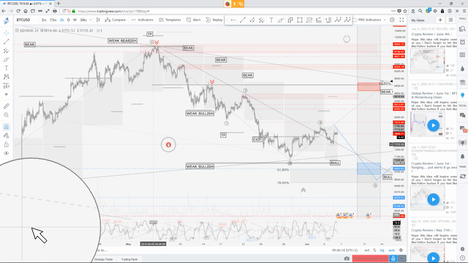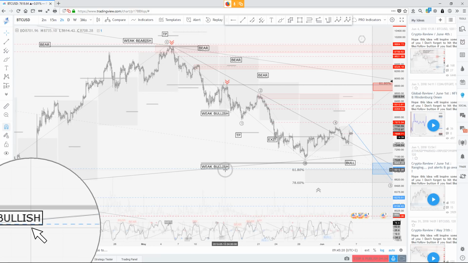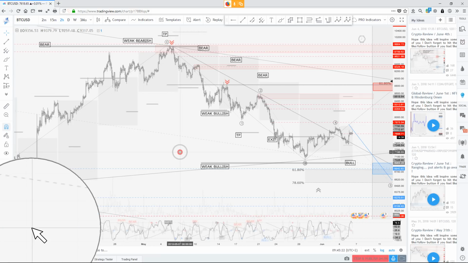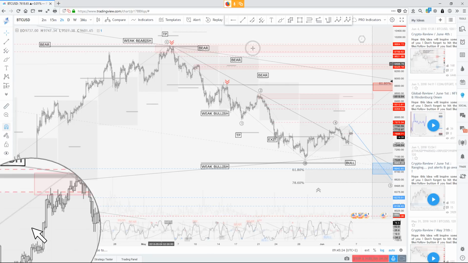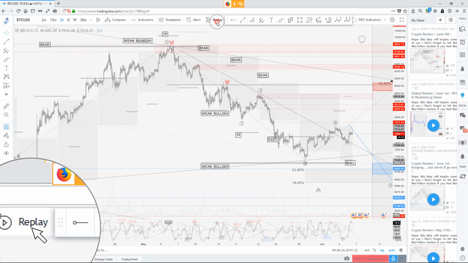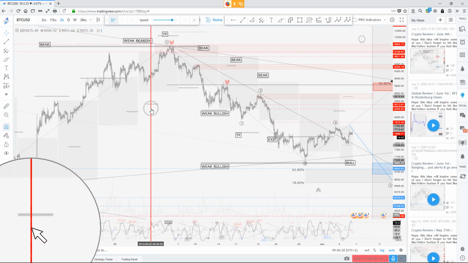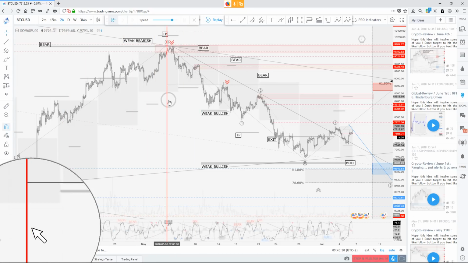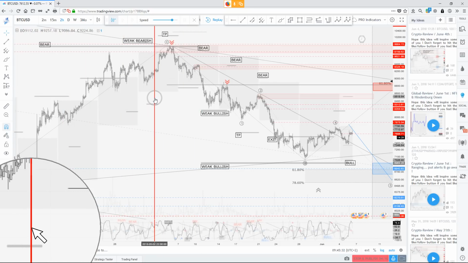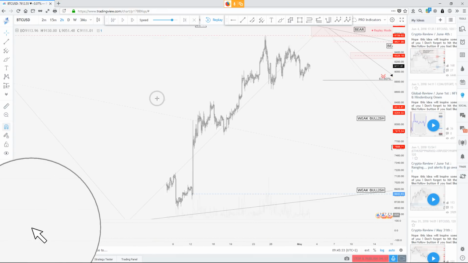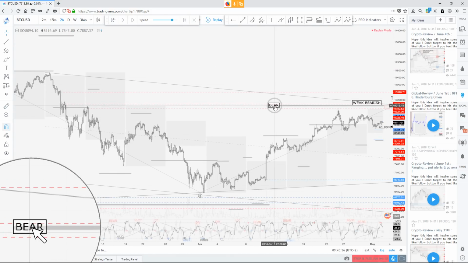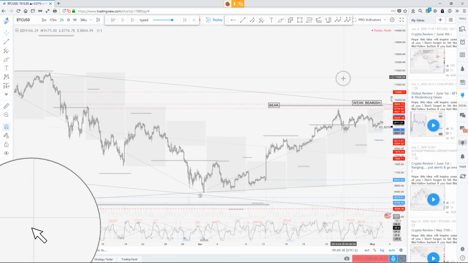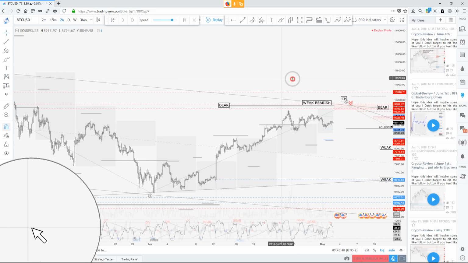Let's say, for example, in here the algorithm will probably put out a weak bullish cycle. So let's take a quick example. We're going to use the replay function. I kind of like that one. Let's say, how would we have traded that thing in here? So let's set things straight. We're on a bearish cycle, so we're trying to find a bearish confirmation cycle.